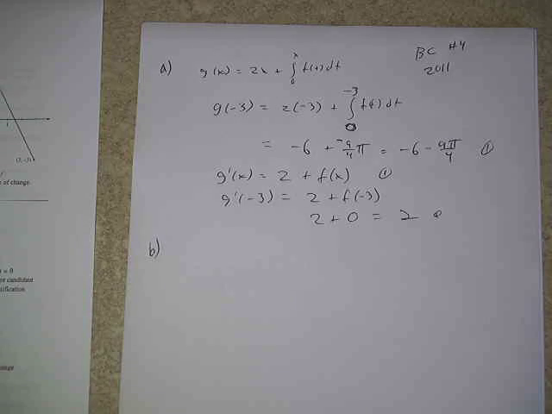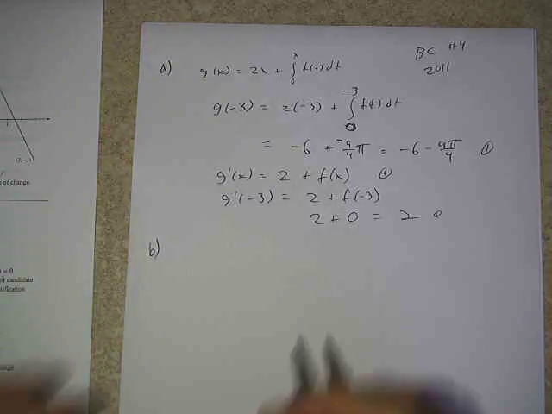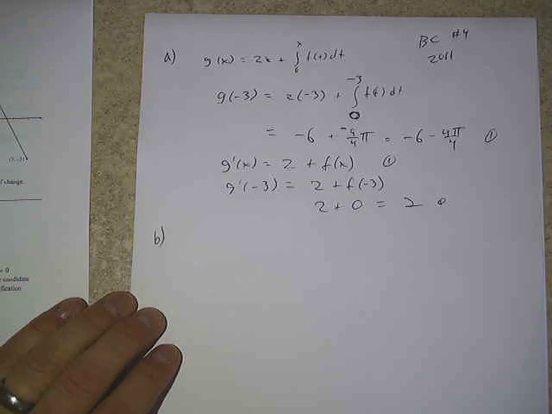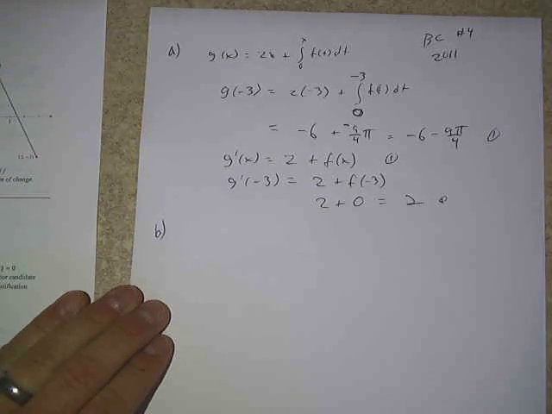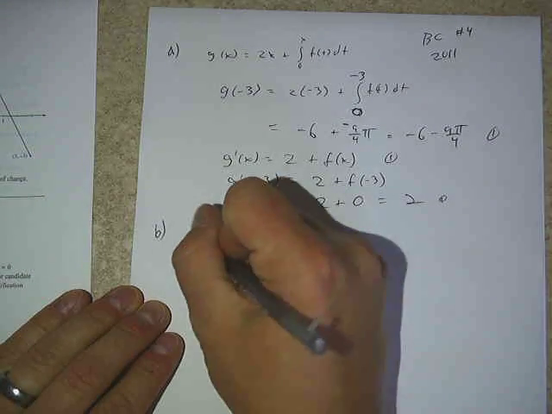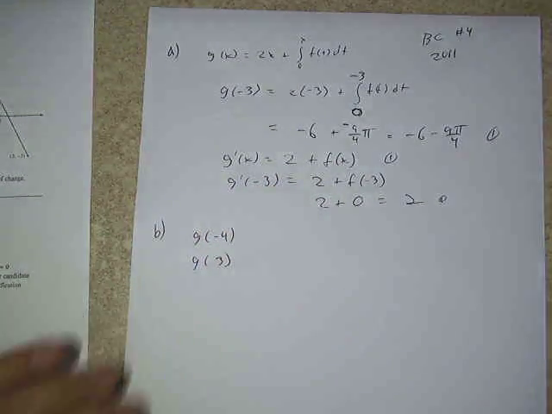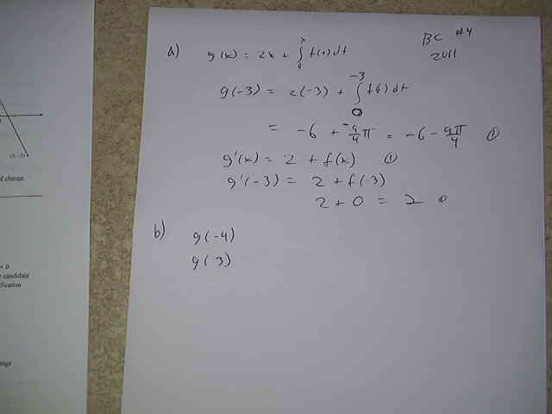Questions on part A? Alright, well, let's see about part B then. It says here, determine the x-coordinate of the point at which g has an absolute maximum on the interval negative 4 to 3. Alright, and ultimately, as soon as we see that closed interval, okay, I would use the candidate test,